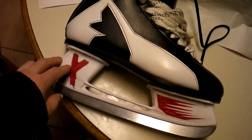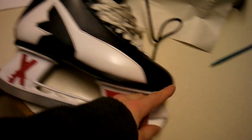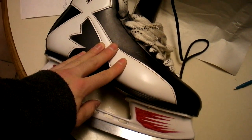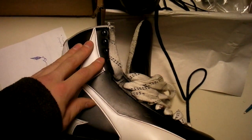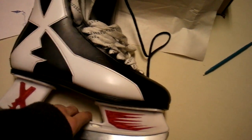So you can see here how, if I can get the angle right, there's a little bit on that edge there, and if I bring it along to the front, there's a little bit on the front too. I only have 3 sizes in these blade holders, only 3. So these 3 have to fit for 6 different sizes. So this blade holder could fit the entire length of the boot, or it could be a bit short like on here. And this is like a 10.5 boot, or maybe even 11. So considering that